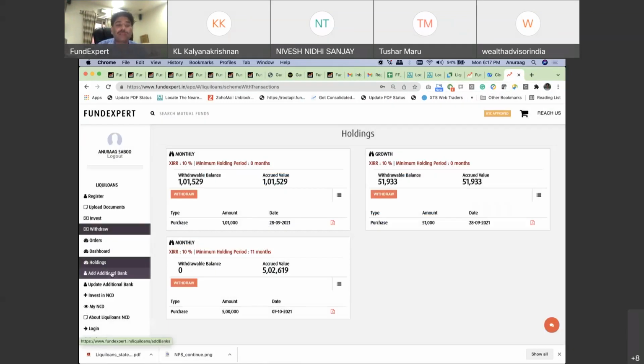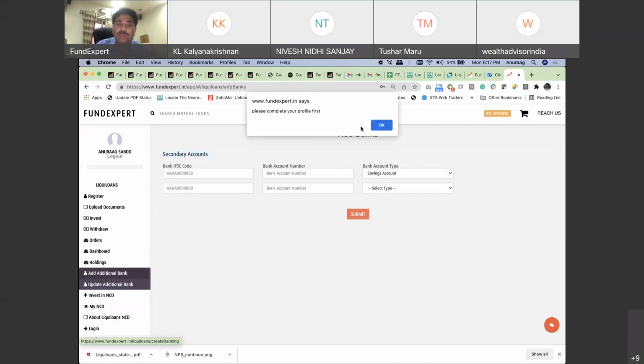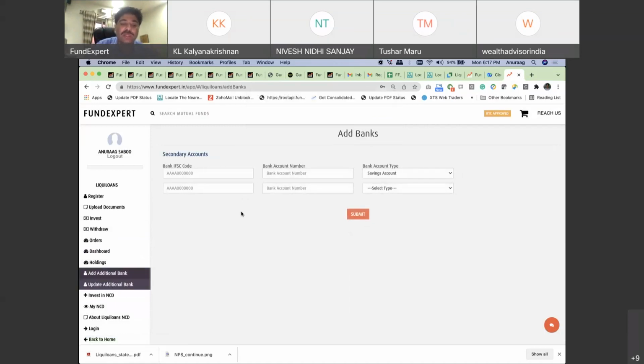Now, obviously, if the customer tomorrow wants to add further bank accounts, you can add them here. If he has already added them in his profile, they will be available there. Once you add a bank account here, if you want to make it your main account, you have to update it. I have not yet filled my profile, so in update account you can directly add it here, and submit an update account only if you want to make it the default or main account.